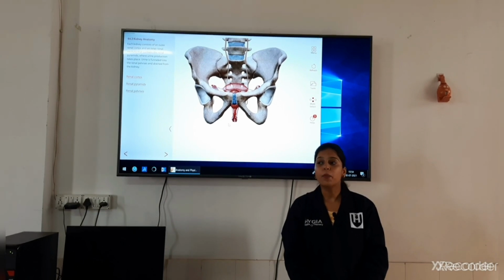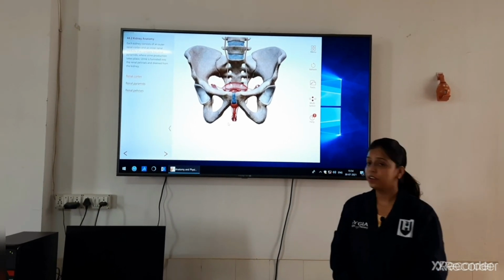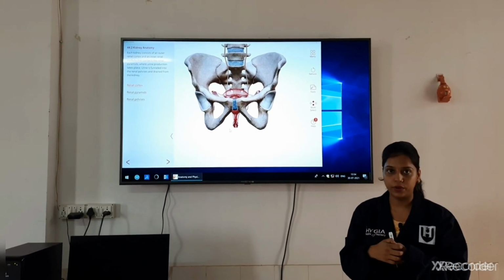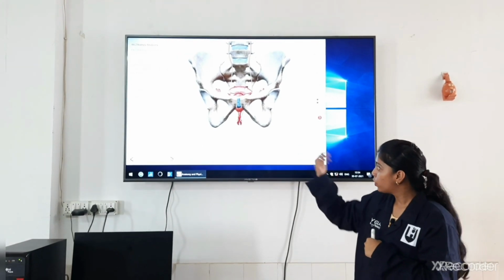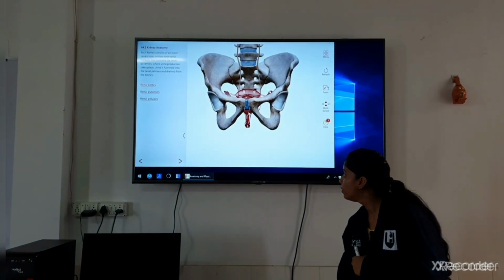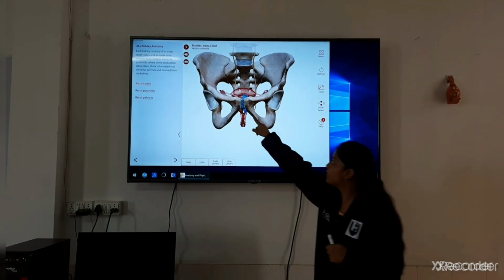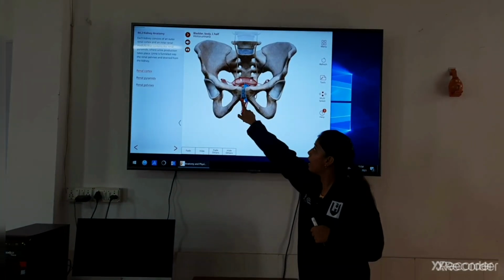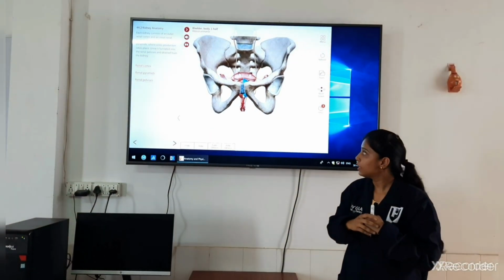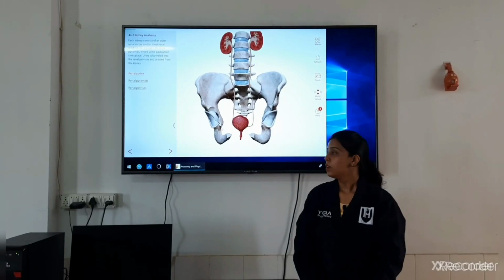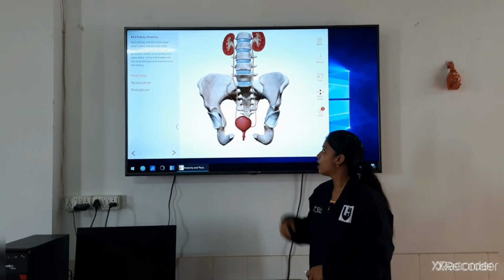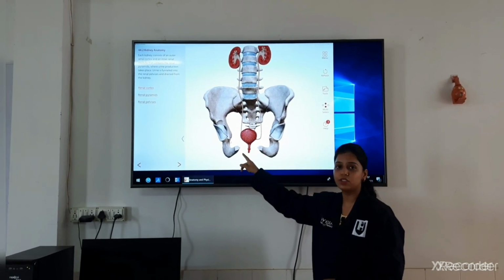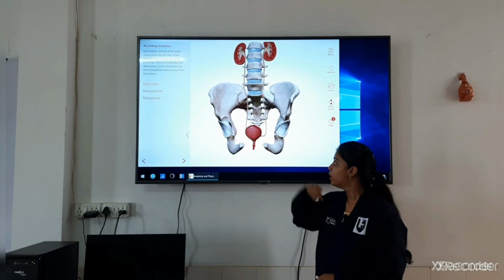So we were talking about the flow of urine. We have seen that urine from the kidney moves towards the urinary bladder through the tube-like structure known as the ureter. Then we will discuss the urinary bladder. You can see the pear-shaped structure that is lying just behind the pubic symphysis. This is known as the urinary bladder. This pear-shaped or sac-like structure is known as the urinary bladder. I have hidden the pubic symphysis just to show you the structure of the urinary bladder.